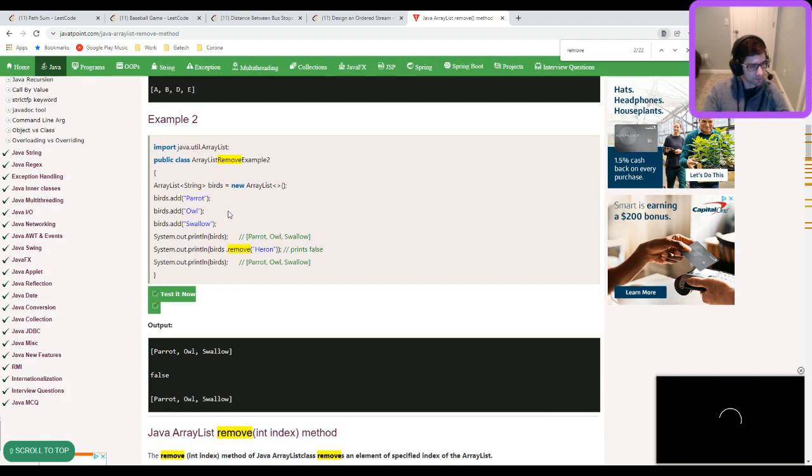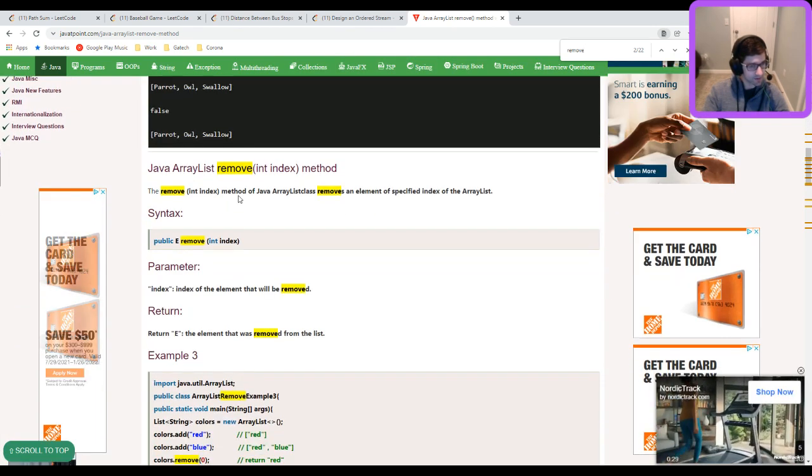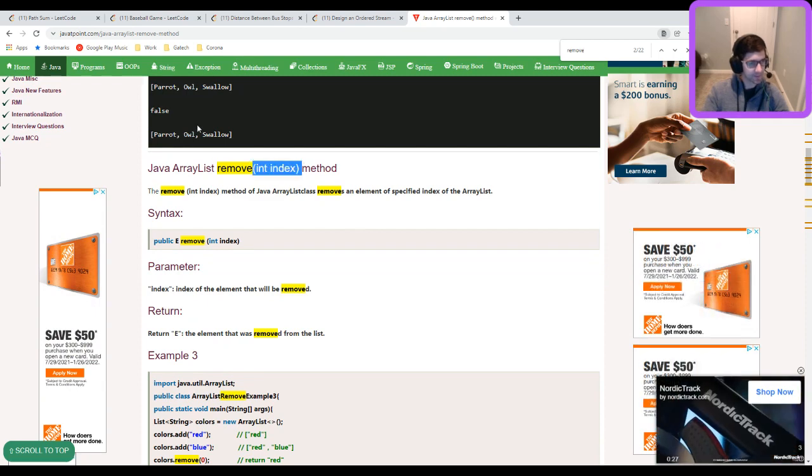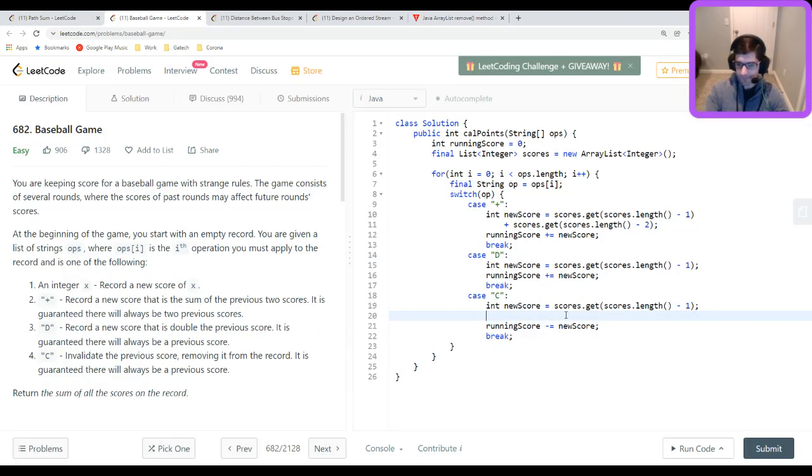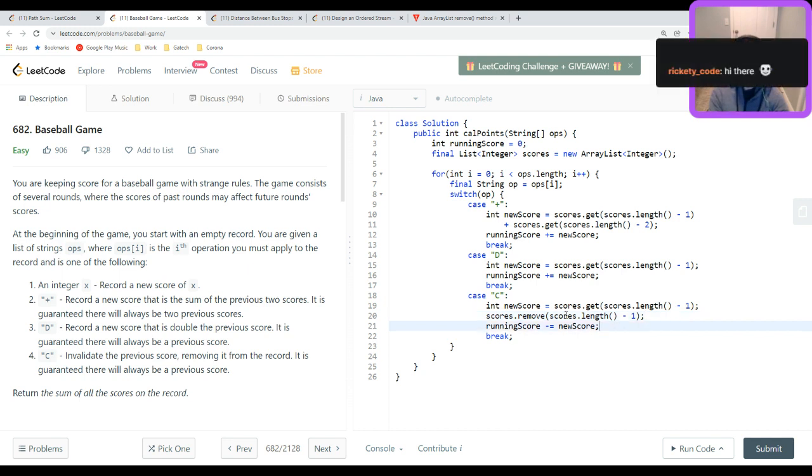So I need to remove an index, not an object. Remove int index. Okay, so that should be fine. So I should be able to go scores.remove scores.length - 1. Okay, and then the last case is